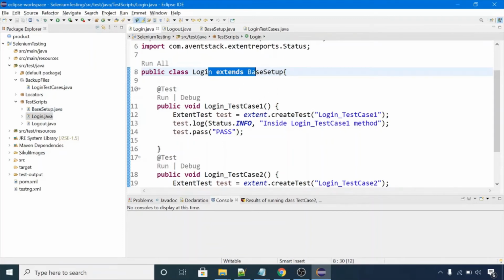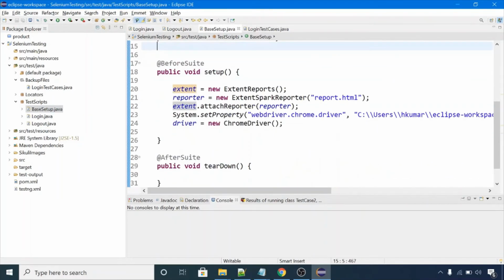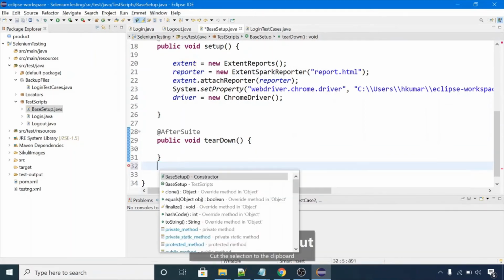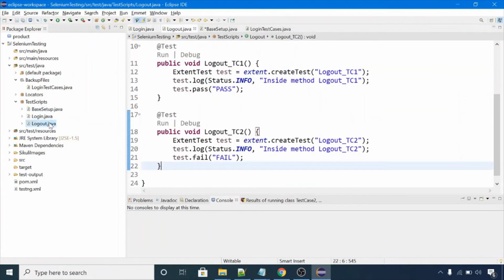There is one warning or limitation I can suggest: please don't put any test annotation in your setup file here. If you are having any test annotation or test cases in this class, and if you try to extend this base setup class in your login or logout classes, in that case your test case will be executed n number of times.